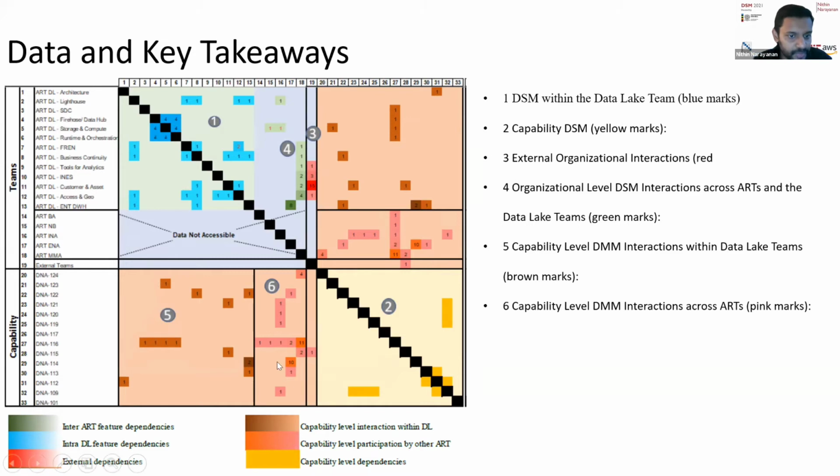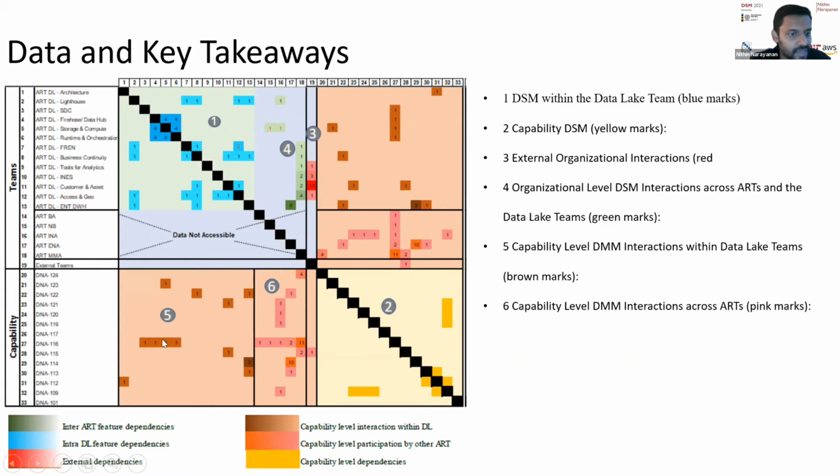And at the bottom, you can see that there are several capabilities, especially DNA116, which requires inputs from a lot of teams, or multiple teams have to work together in order to deliver this particular capability. And also, outside of our ART DL, which is the one that I have expanded here, the other ARTs should also be a part of DNA116.